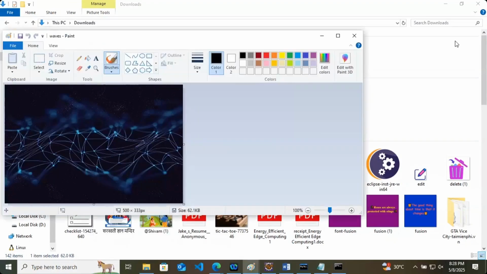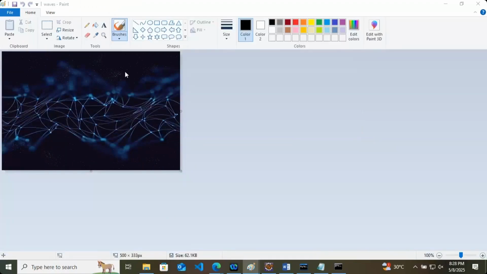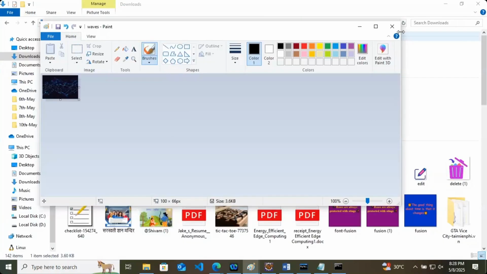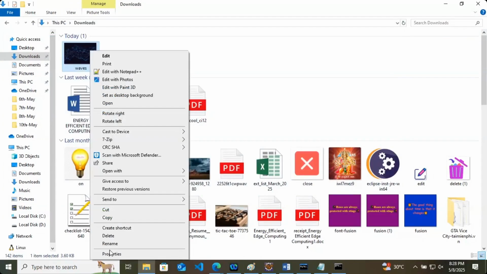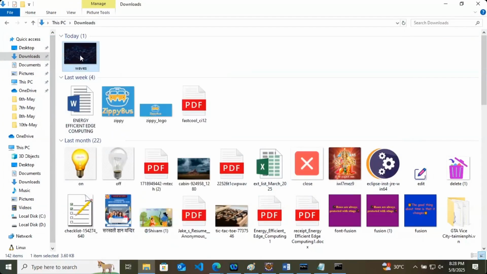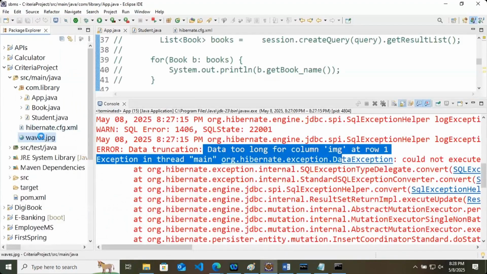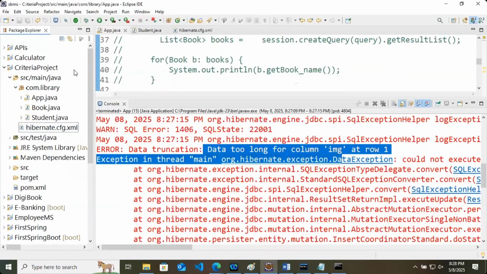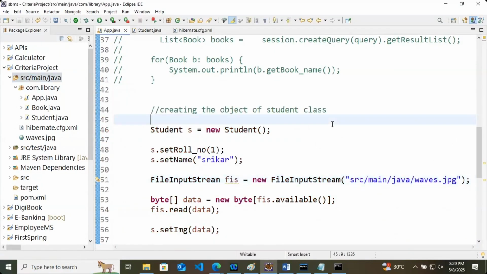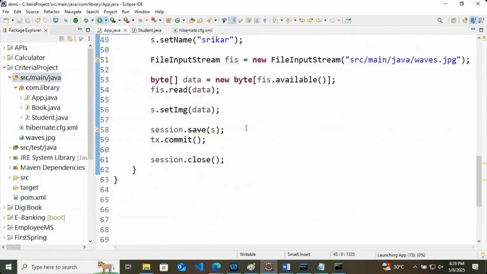For that, we have to use something else. So now just a very small size image. The size is 3 KB now. We'll just copy paste the same image there. So we'll execute the program again.